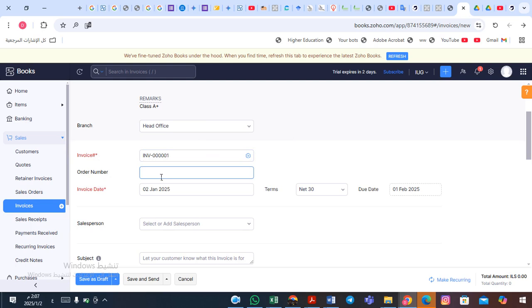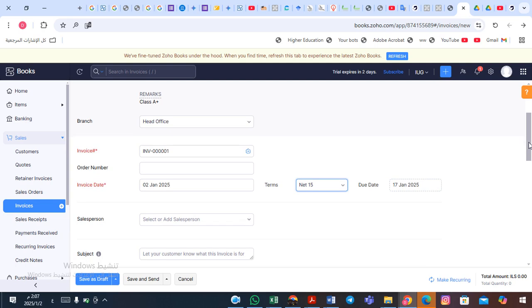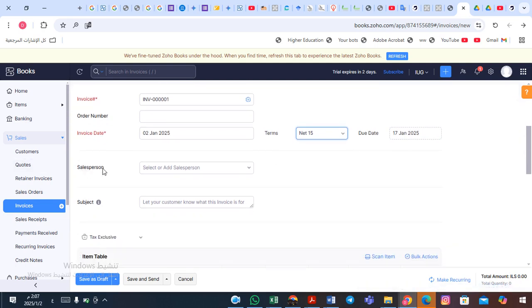Order number, if you have this number, you have to record this. And invoice date, this is the same date. And here terms, you have to identify the terms. And after you identify this period or terms, automatically the due amount will be shown here. And also, if you have a salesperson, you can choose, you can also make a subject for that